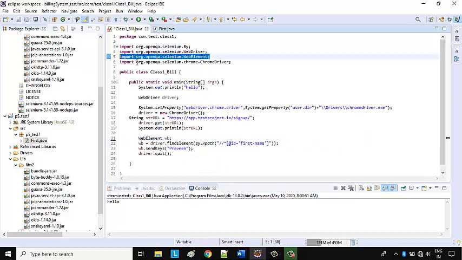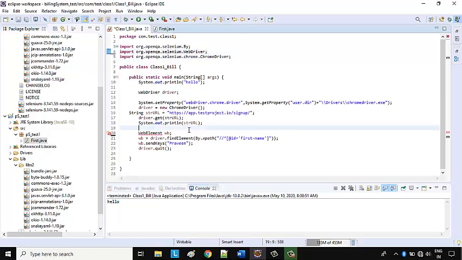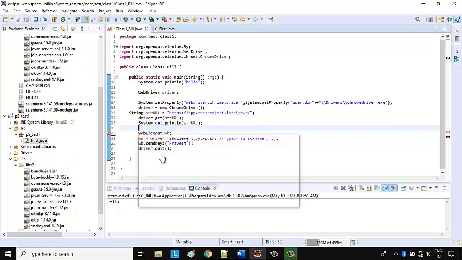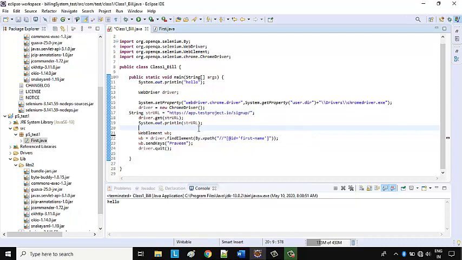If this import is not there, you can simply mouse over the web element, and it will display the option to import web elements, and automatically it will add it. Every time the system shows a message that a file or element does not have the corresponding libraries, or we can say the import, you just have to mouse over, and after that it automatically keeps it.